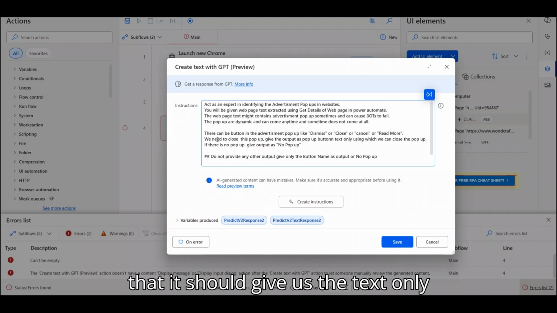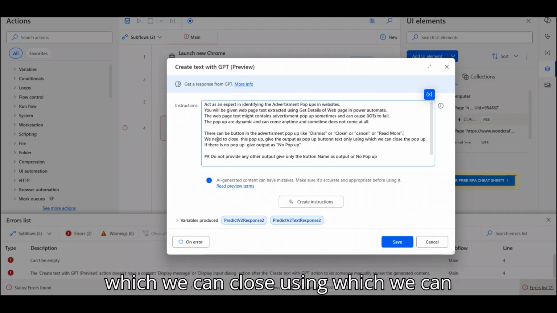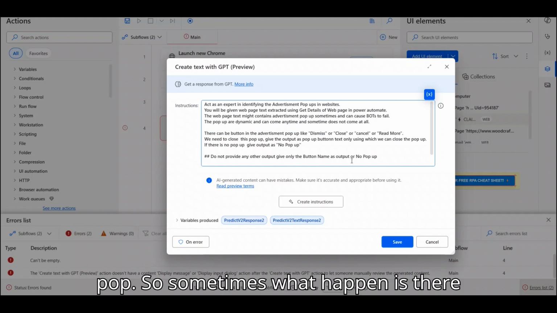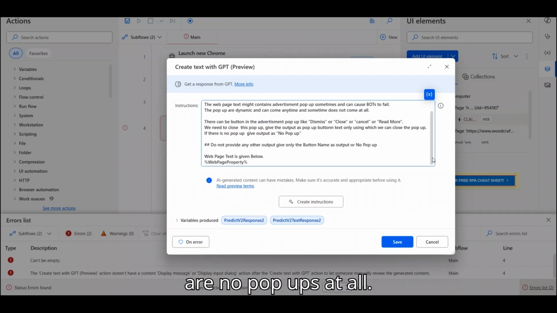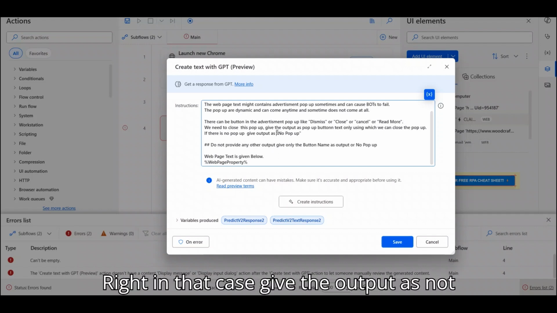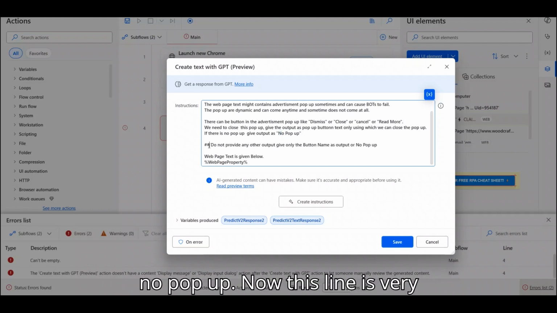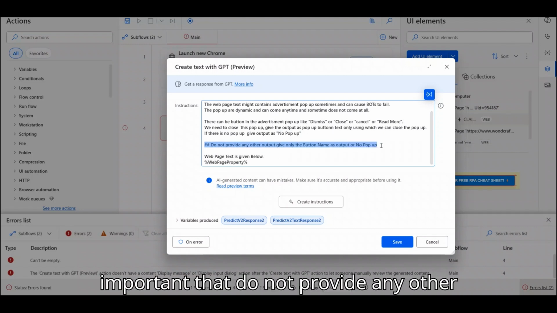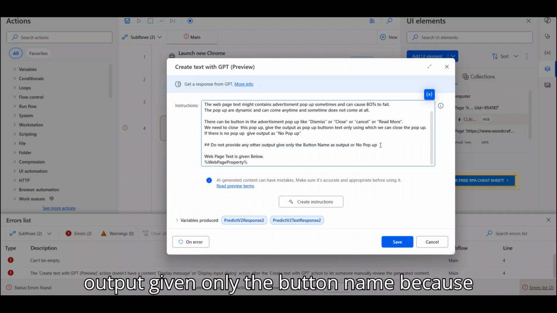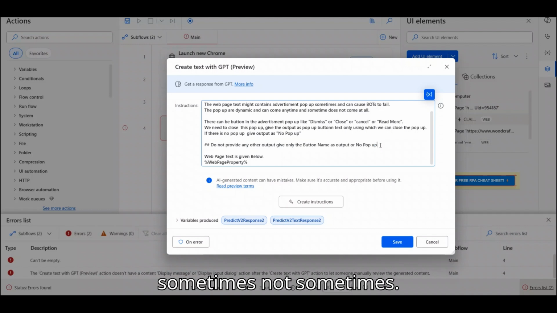This is strictly that it should give us the text only, using which we can close the pop-up, right? Sometimes there are no pop-ups at all. In that case, give the output as no pop-up. Now this line is very important: do not provide any other output, give only the button name, because